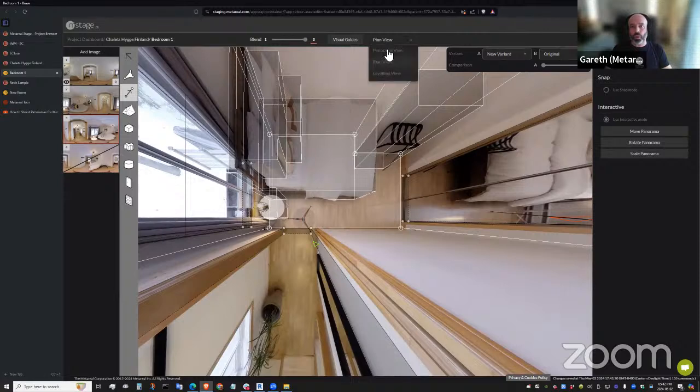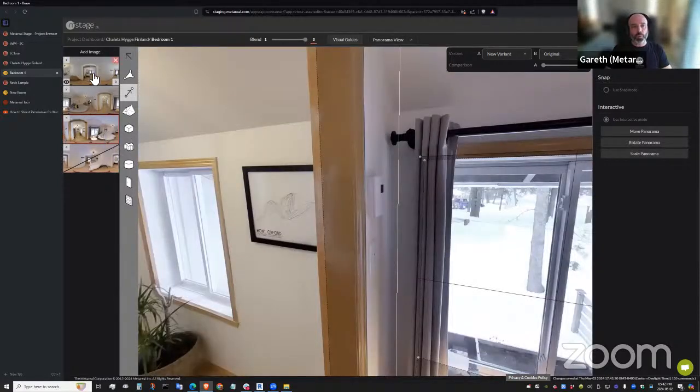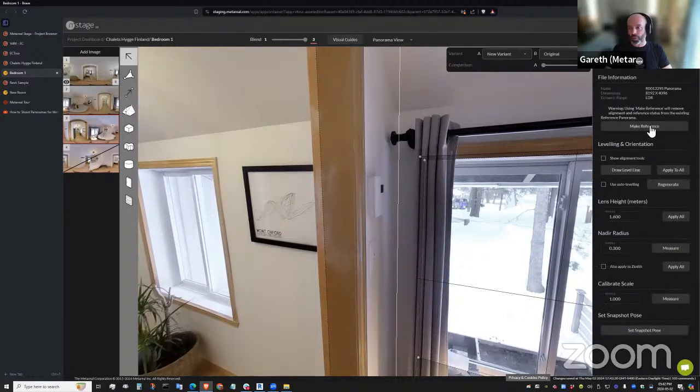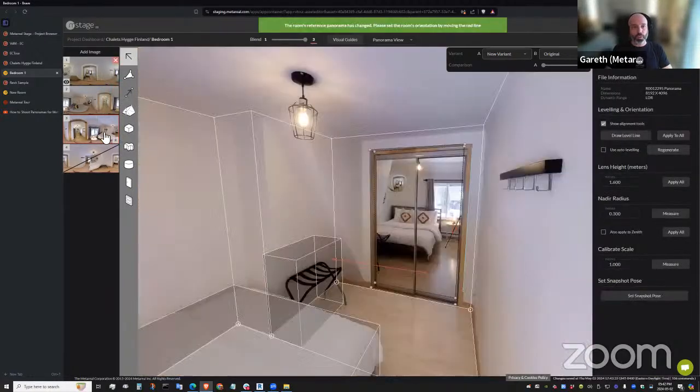What I want to do now is, because I'm going to get rid of my reference panorama, which is my source for my triangulation, I'm going to make the new one a reference panorama. So we'll go back to here, make it a reference. I transfer the reference to this panorama. And now what I need to do is